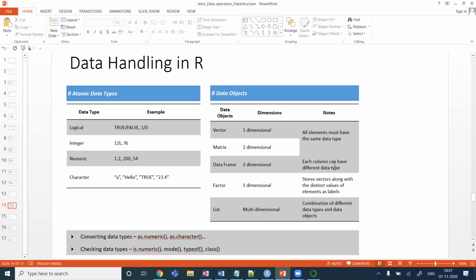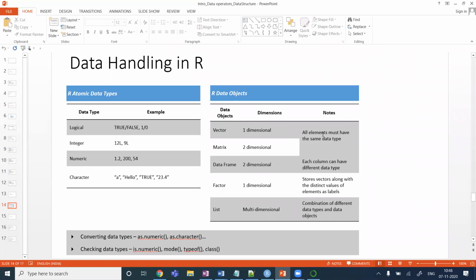Now, under your major R data objects, which are again advanced data structures that allow you to hold the data in various dimensions, the plain one is called vector. We have a data object called vector, which is by property one-dimensional data. It always stores just 1D data, like a one-dimensional array you would have seen. A one-dimensional series is also 1D data. Likewise, here one-dimensional data can be stored as a vector. So we have one data type called vector.